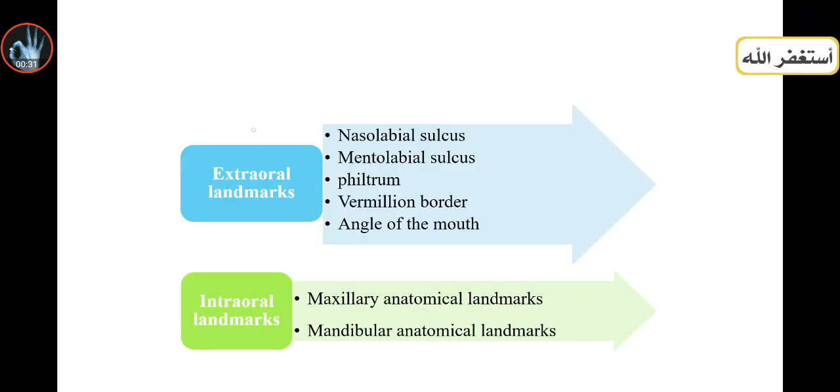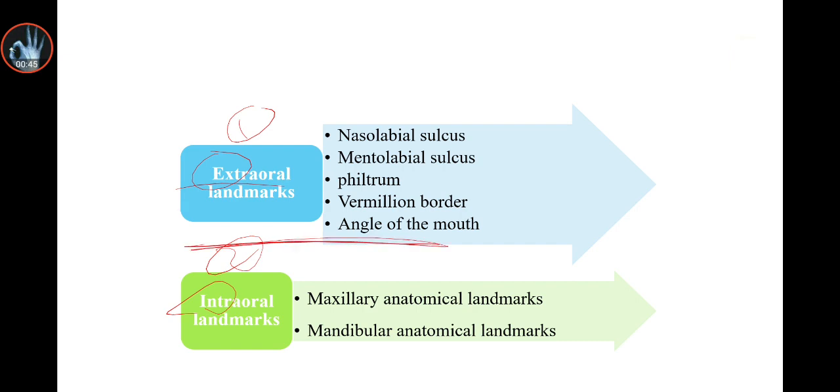We talked about there is two divisions of anatomical landmark. We have extraoral and intraoral landmark. Extraoral outside of the mouth, and that have been explained on the previous lecture. تكلمنا على هذا أصلا already في المحاضرة السابقة. You can return to the playlist. لكن ترجع لقوائم التشغيل. Today we will talk about intraoral landmark, specifically on the maxillary anatomical landmark.